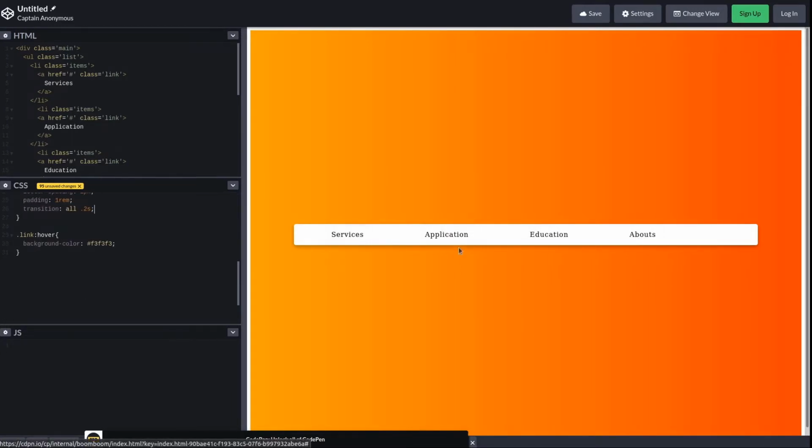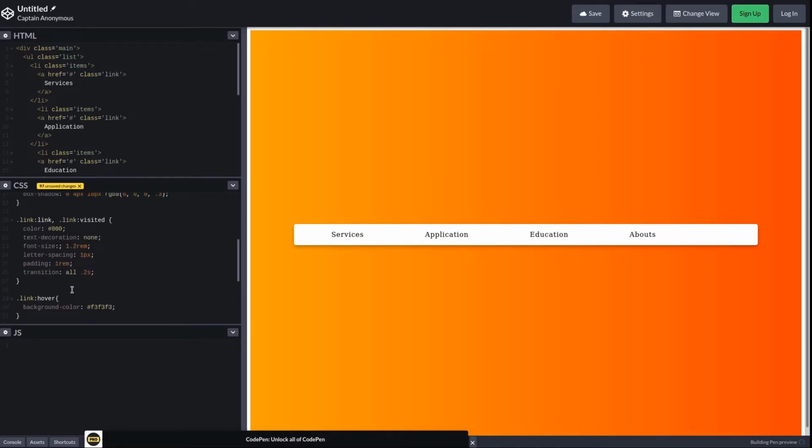Now style link on active and focus state. Link on active and link in focus state. It should give an outline, like I said here, outline, how about 1 pixel solid black.